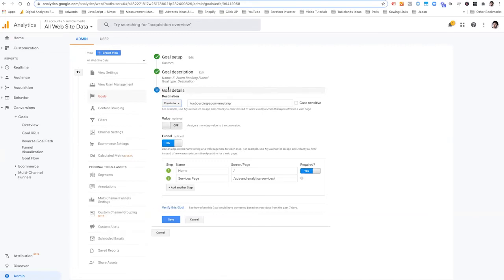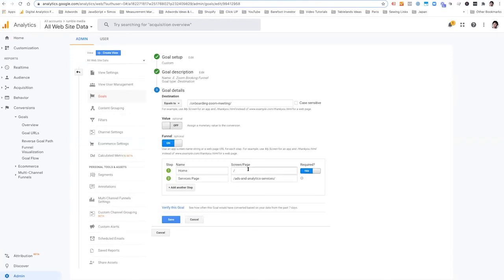So what you want to do to make it really, really powerful and useful for you is make sure there's 2 key parts of setting up a destination goal that you have to really remember to do. Whatever one you use here to set the URL, the parameter that you're tracking, and it gives you a little bit of a heads up on how to do it down here. You've definitely got to include the backward slash. Then you want to hit the funnel on, but the next critical point is you want to make the first step required.